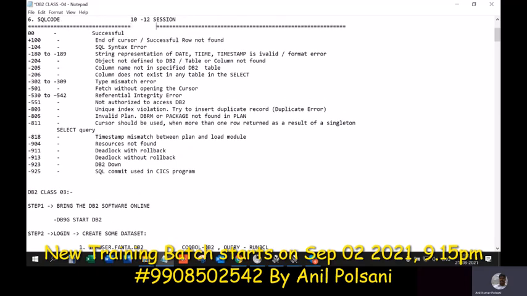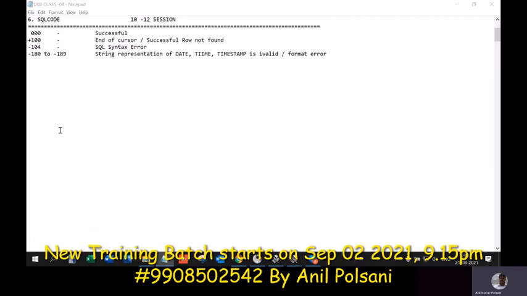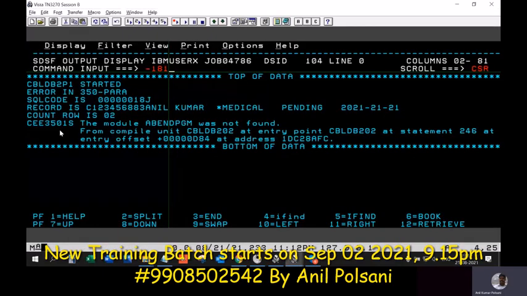Okay. So if it is SQL code 0, then it is successful. Other than that, we'll consider them as errors or some mistakes. Now the point I want to also show you here is the error is on the third record, right? What happened to the first two records? Did they go into the table or did they just get left out?